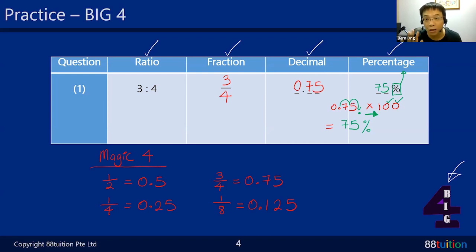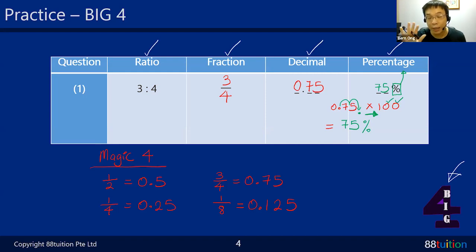I will talk a lot about this times 10, times 100, and all this, because the primary 3, primary 4, I'm teaching them something called decimals. And don't worry if you cannot meet the timing. You can go to the website, and under the live recording there's a part called past records. You can go and look at the videos again. I did it with my primary 3 and primary 4 last lesson, and also for tomorrow's lesson. So don't worry about it too much.